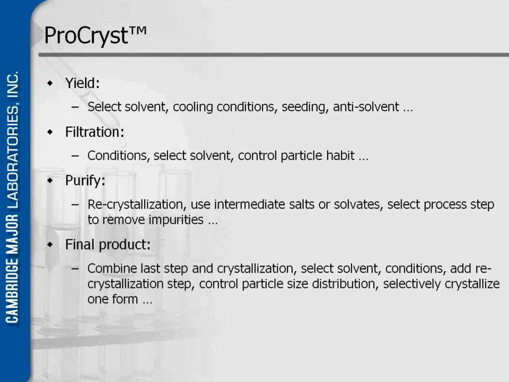And the final product, there it's different because the API has to have as little residual solvent as possible, as few impurities as possible, and a homogeneous particle size distribution as much as possible, of course. So when you selectively and in a controlled way crystallize the form, you can have a better, improved product. These are separate steps, and the process itself determines which steps